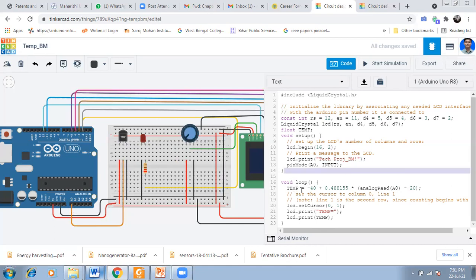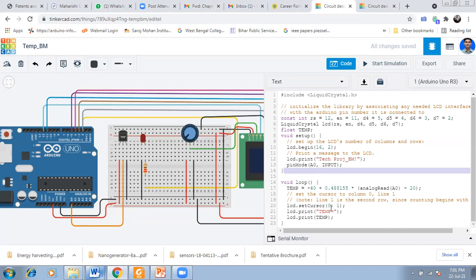Now see these values. These are the calibrated values. That means this voltage output is converted into the corresponding temperature. This is written in the manual of the sensor. So this is fixed for the temperature sensor TMP 36. I have already shown you these constants in our previous video. If you have any doubt or confusion, follow the previous video.